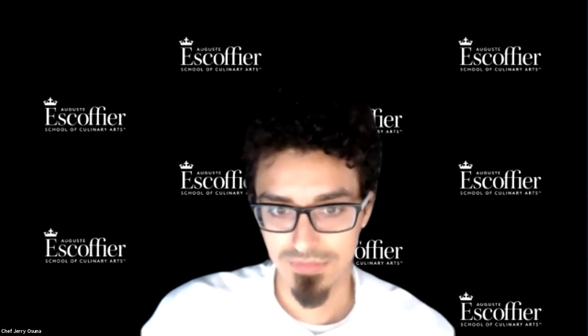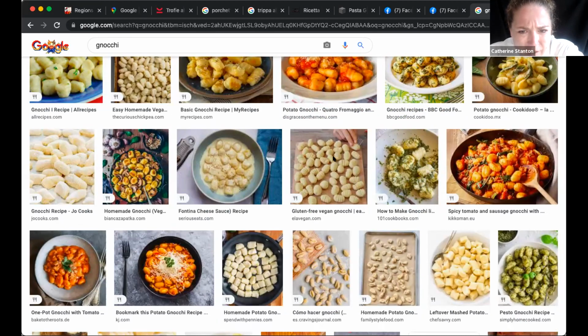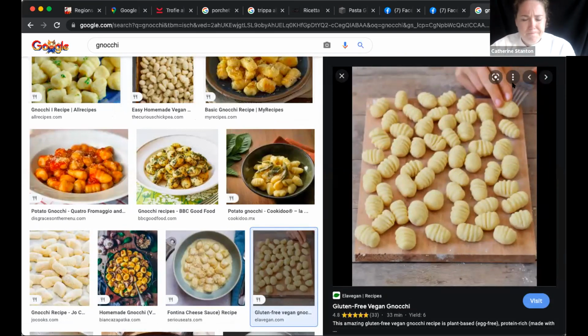Exactly. Somebody mentioned gnocchi, and I want to bring this up because there's some cool history about gnocchi. First of all, you will see in your equipment for this week the gnocchi board that you need, which has lots of ridges on it. Why do we think that there are ridges on gnocchi? I'm going to pull up a visual for anybody who has never had it, which is okay, right? So we see that it has all these little ridges here. If you don't have a gnocchi board, you can use a fork to execute this. What do we think those ridges are there for? To hold the sauce. Exactly, that's going to hold that sauce on.